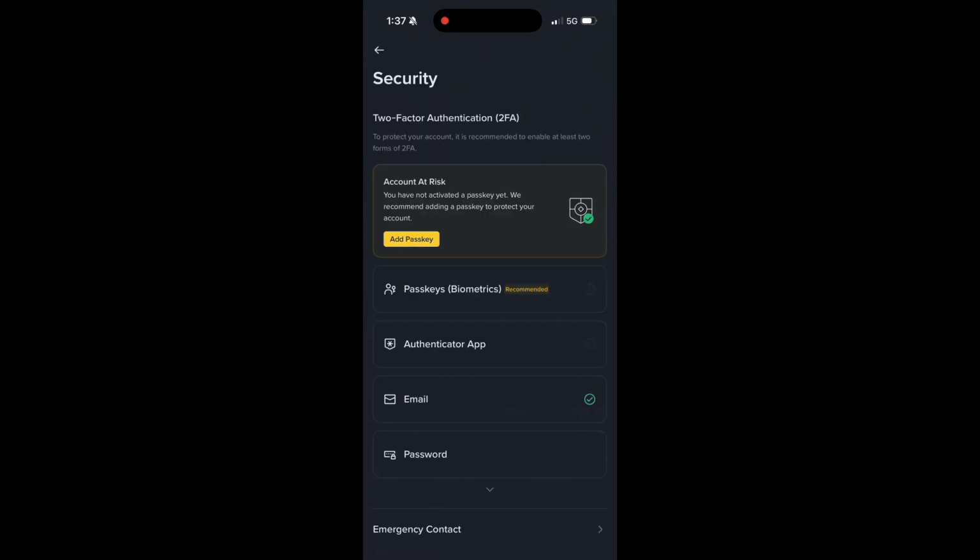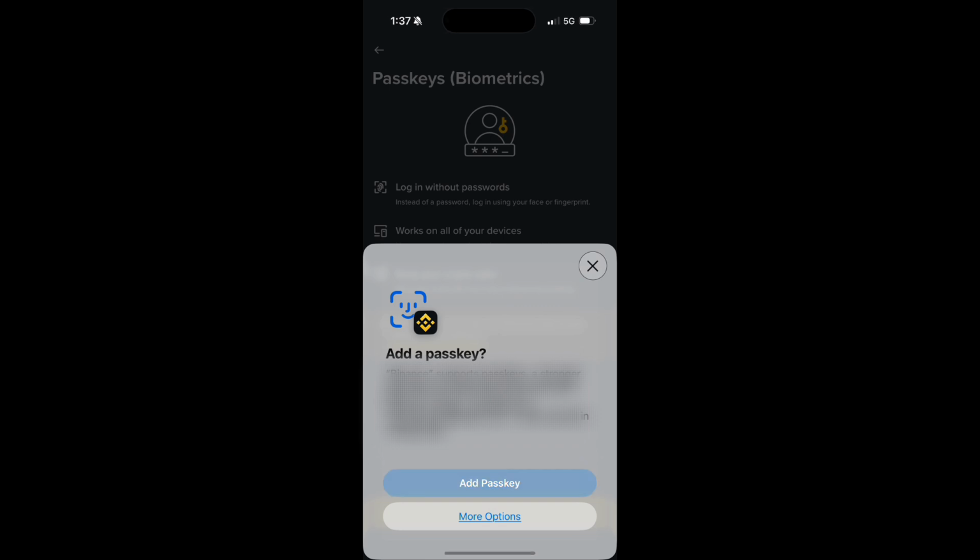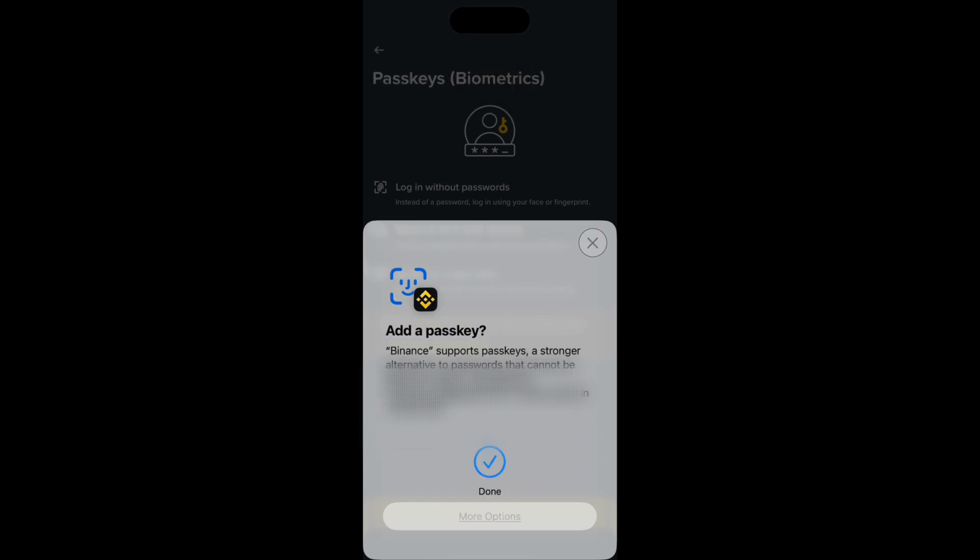From here, find and select Security. This is where Binance keeps all important protection options for your account. Inside the Security menu, scroll until you see Passkeys and tap on it. Then choose Add Passkey and follow the on-screen instructions to confirm using your device's secure authentication method, like biometrics or